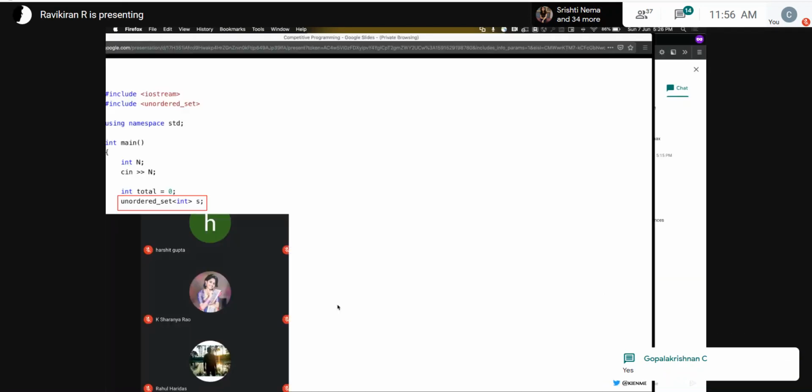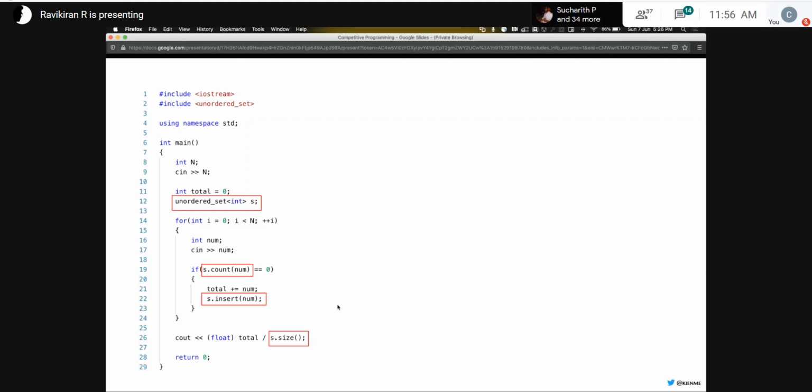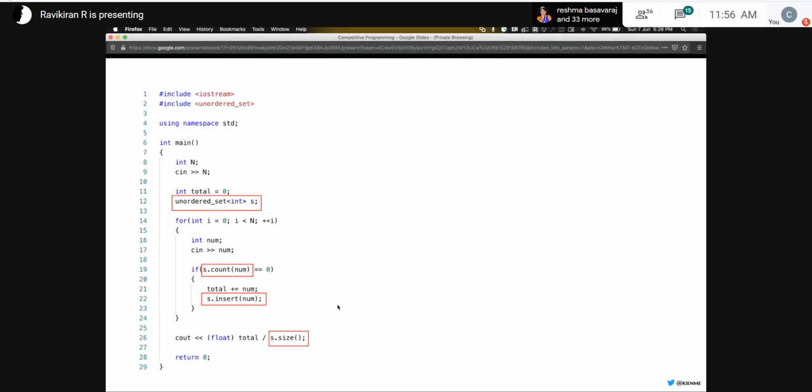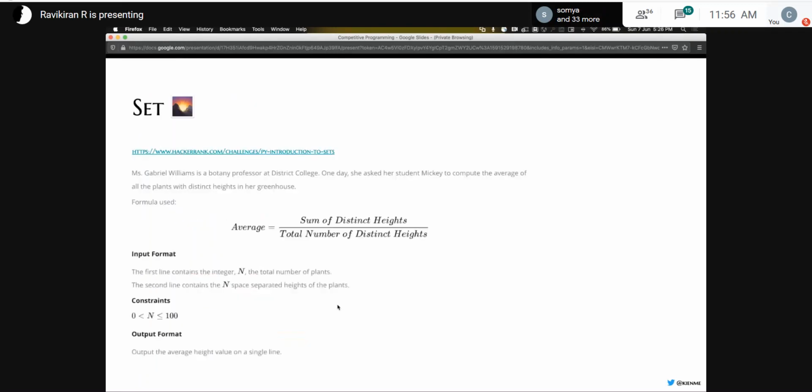I have a question. Is it necessary to store the numbers? Instead of using a storage medium for that, we can directly read the numbers, add, and maintain a count instead of storing it in a set. That would reduce the space complexity as well. Yes, the problem is that it has to be distinct. If you throw away the numbers, then you don't. So you're saying what we did in the first example, right? We don't have to store it in a set. We just read it and total. Yes, that you can do only if you're just calculating the average.